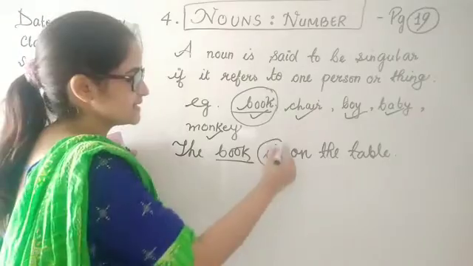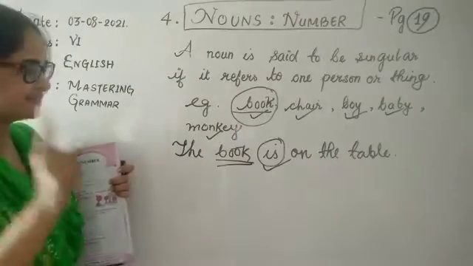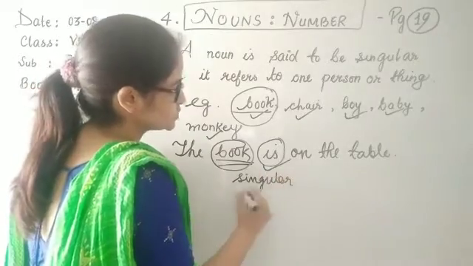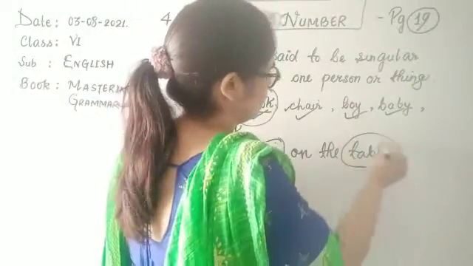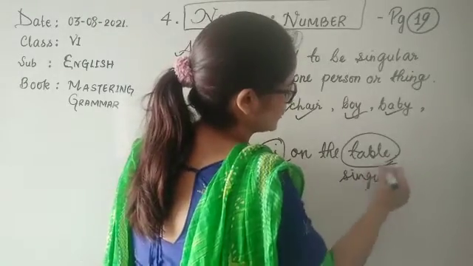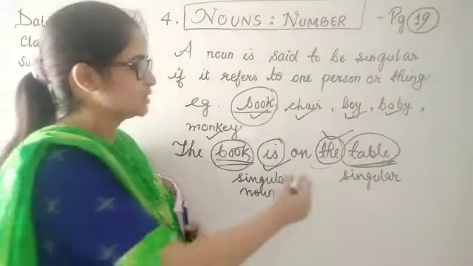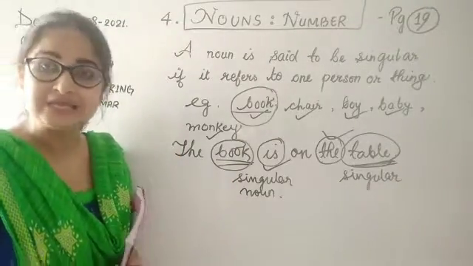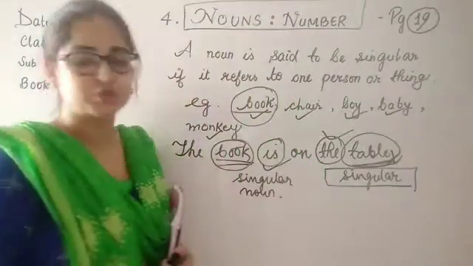Now book and is are used for what? For a singular noun. So book is talking about a single thing, one thing. So that's why this book is a singular noun. Also in this sentence we can see one more countable noun, this table, right? So this is also a singular noun, because it's countable and we are not pluralizing it, we are talking about only one. The word the is clearly telling us that we are talking about only one, because a and the, these articles are used with only singular nouns. Okay children, so here we have that this table is also singular.